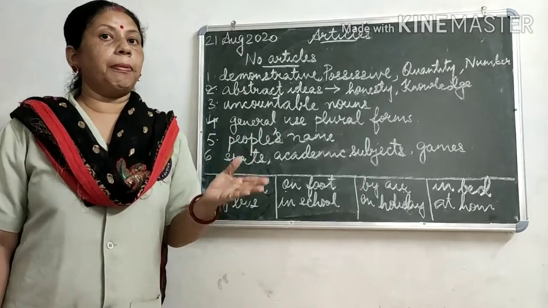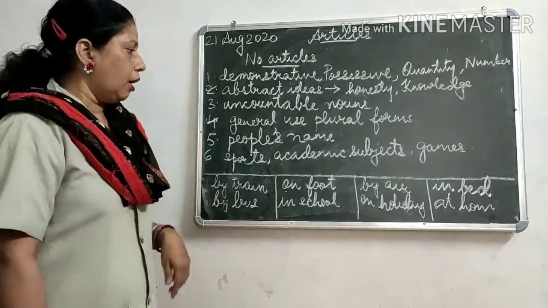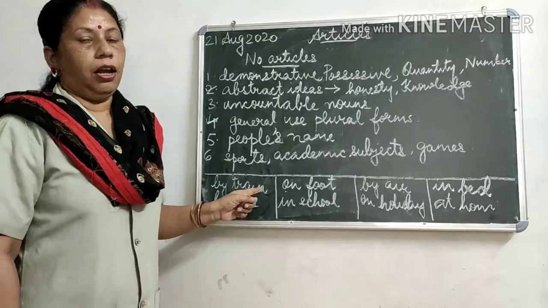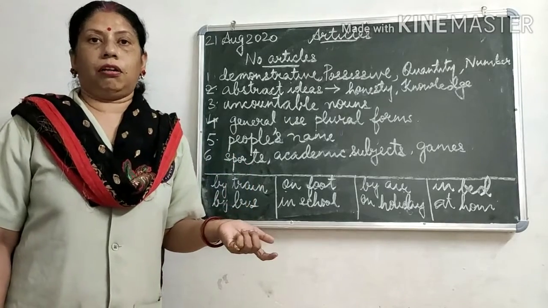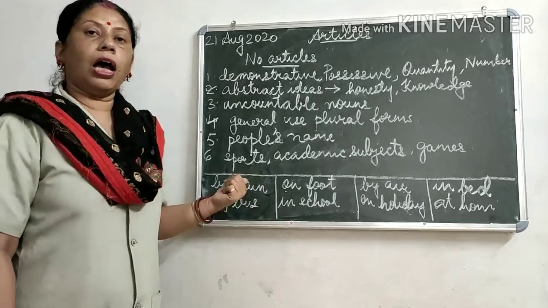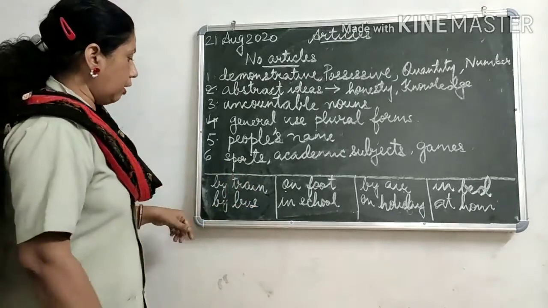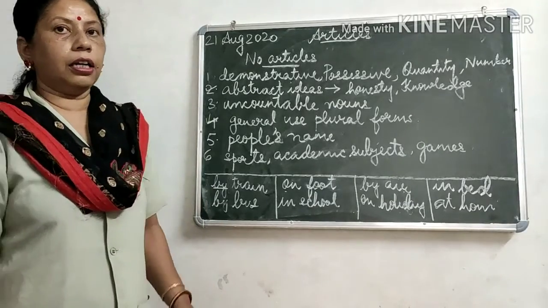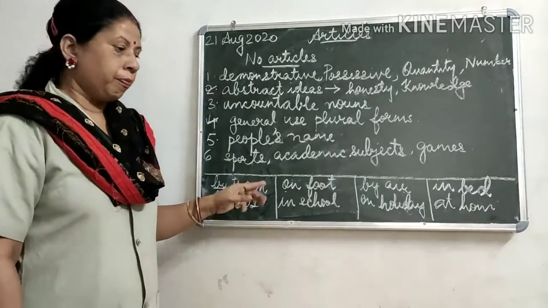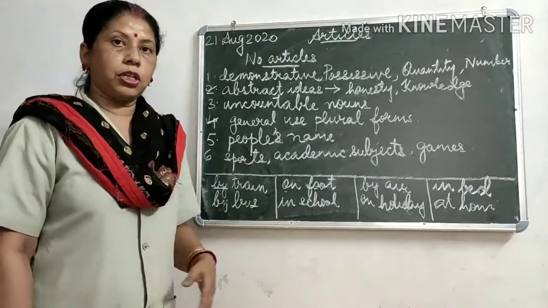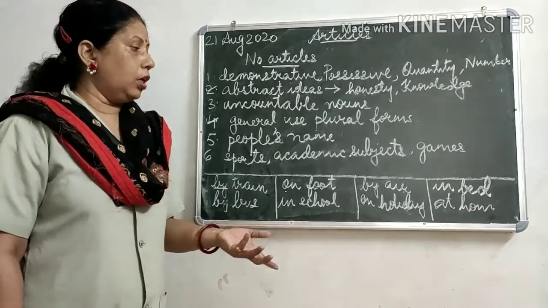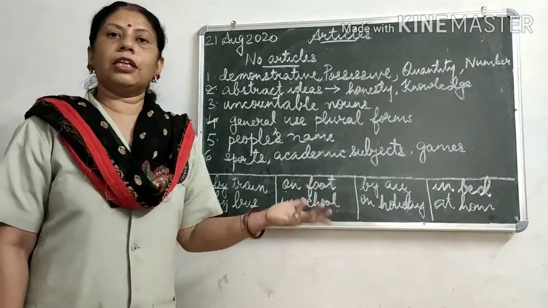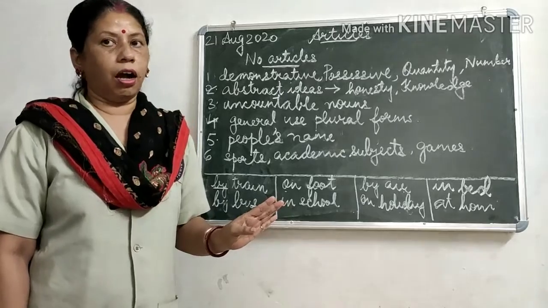Now let us see on certain words before certain nouns we cannot use an article. And why we cannot use an article? Because there we are using a preposition. Okay. Now you see in this, I travel by train. Now I do not say I travel by a train or I travel by the train. Okay. So I travel by train. So there again when I use this preposition, so by, I am not going to use any article before this noun train. Then you have by bus, on foot, at school, in school, then by air, on holiday, in bed. So before these nouns I am not going to use any articles, right?